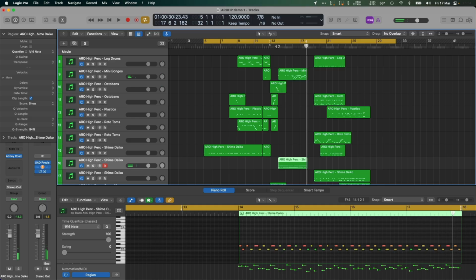So do you see what's happening? At the beginning, we're on the beat, and then we go off the beat for a bar, and then we go back on the beat for a bar, and then off the beat for a bar. And all of these little touches and all of these different colours give you a really nice feeling